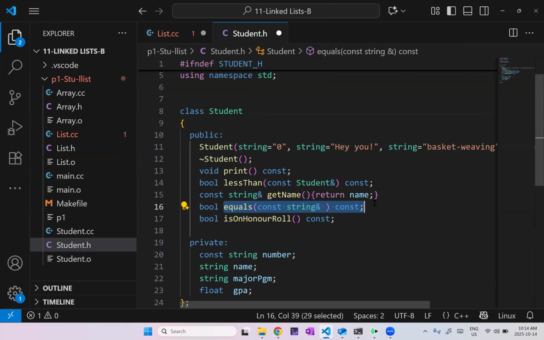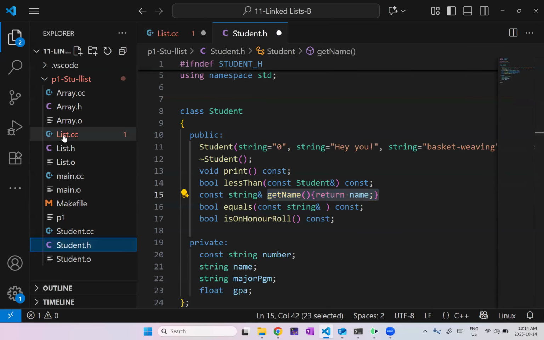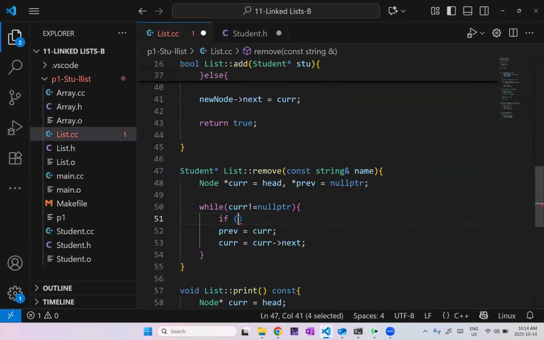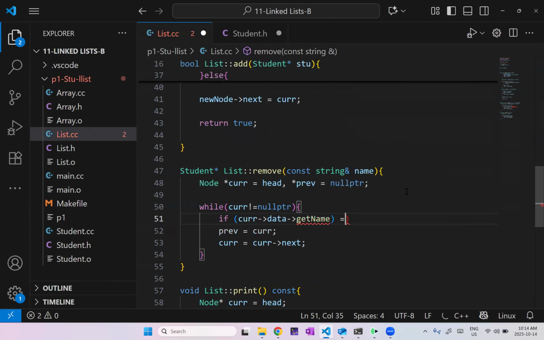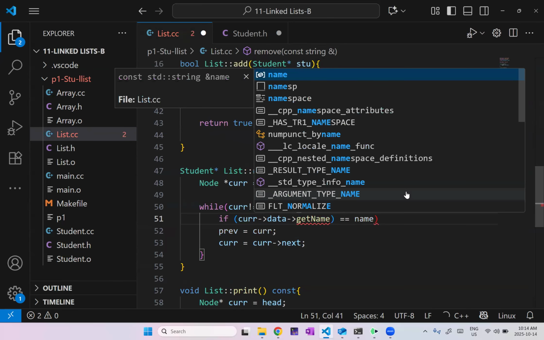This is an abstraction layer, but in this case, it's one that we don't need and actually will obfuscate what we're trying to do. So let's be explicit. Let's just use a getter. There's nothing wrong with that. So if the current data get name equals name,